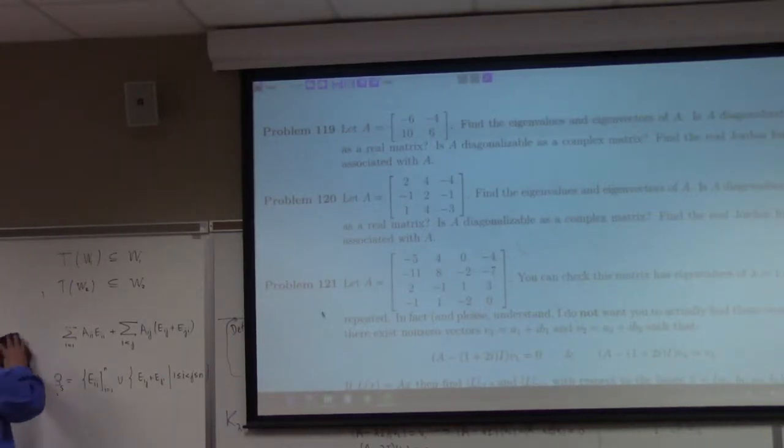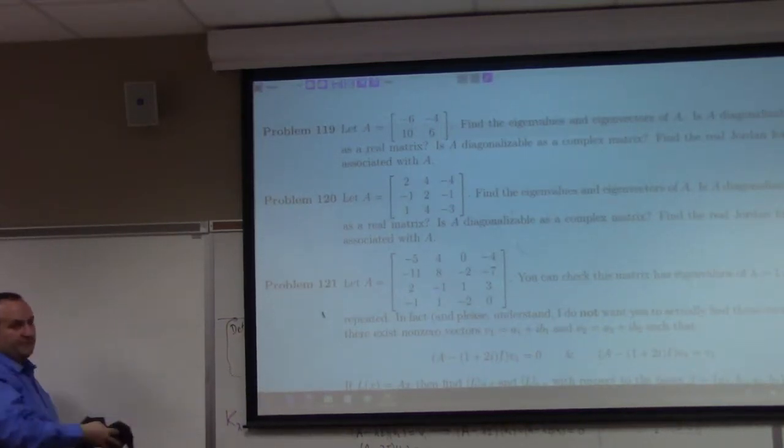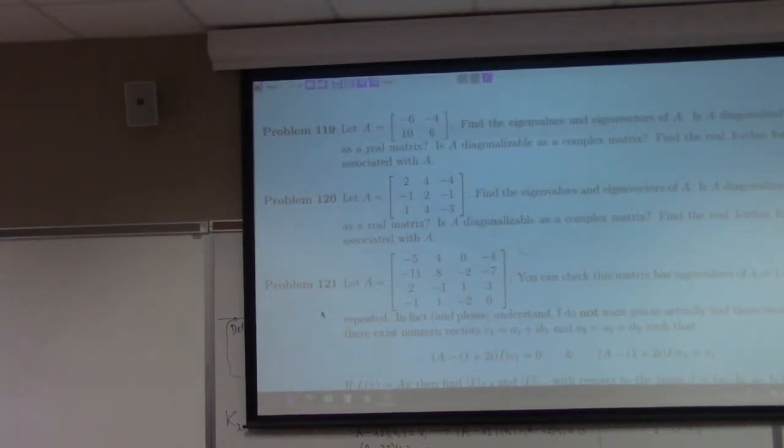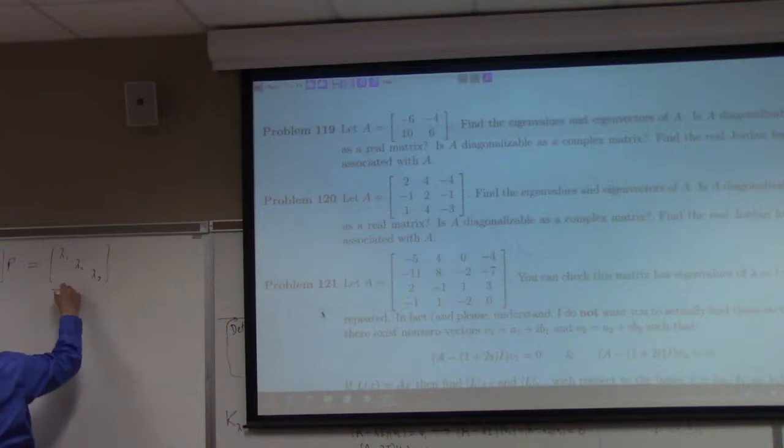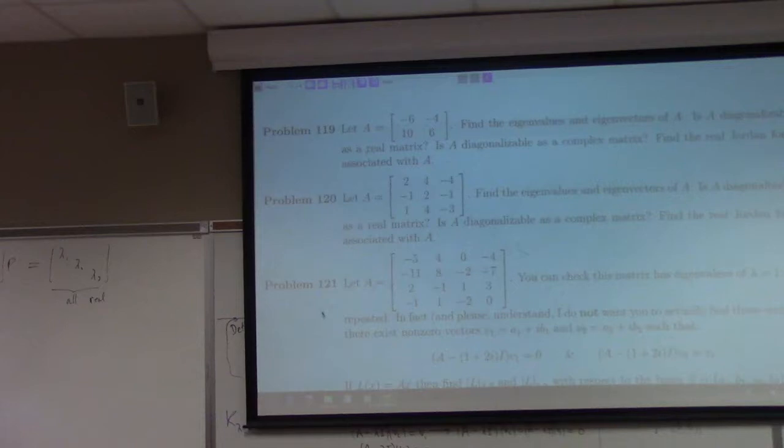Okay. Because the only way you can be real diagonalizable is if you can find a 3 by 3 real matrix such that it similarity transforms. We're talking about a 3 by 3 matrix, all right? So you have to take your matrix, P inverse AP, and it would have to be something like lambda 1, lambda 2, lambda 3, all real. That did not happen in that problem. You said problem 120, you found one real and a complex conjugate pair of eigenvalues, right? Yeah. So no, it's not real diagonalizable, but it would be complex diagonalizable, right?